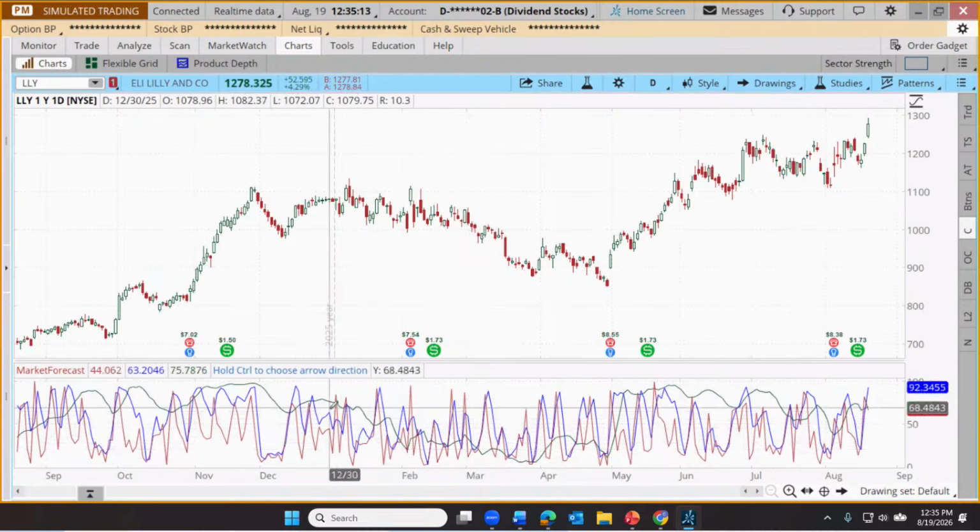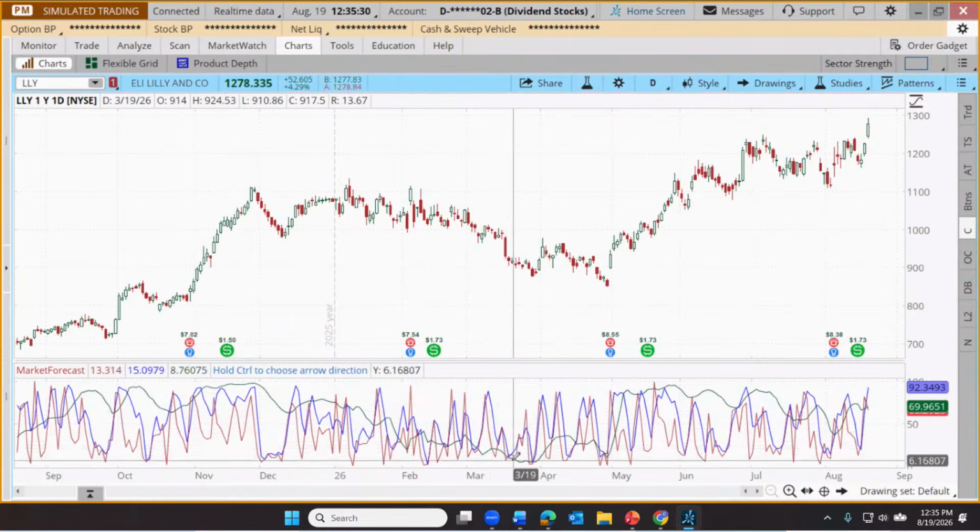And then finally, we have the green intermediate line, which is the slowest to change direction and can take a while to get from what we'd call an overbought area when it's high on this tool to an oversold condition, which is very low on this tool.